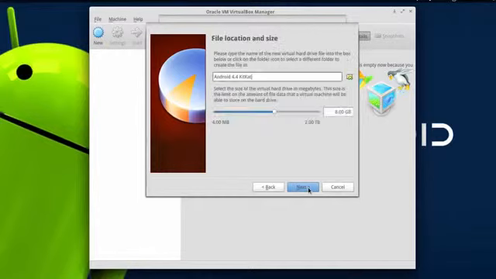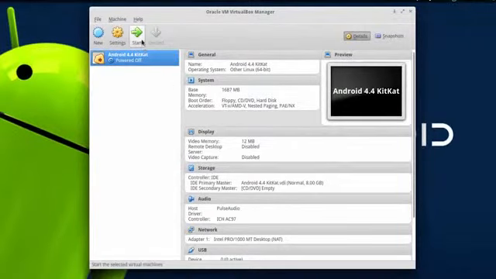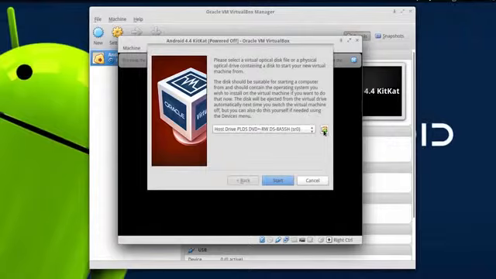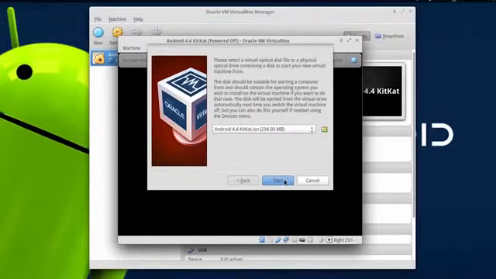click on create again, next, and over here you'll have to specify the amount of hard disk space you're going to allocate for the Android OS. 8 GB is just fine. Hit on create again and then hit on the start icon over there, and then you'll have to choose the ISO image. Now click on the folder icon over there and then choose the Android 4.4 KitKat ISO image which you have just downloaded. Hit on open and then click on start,